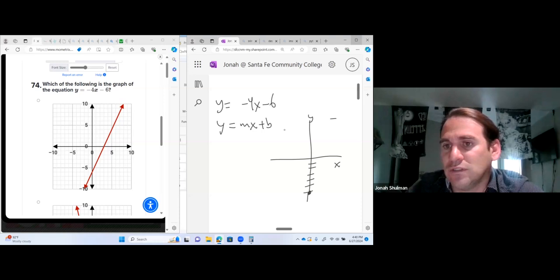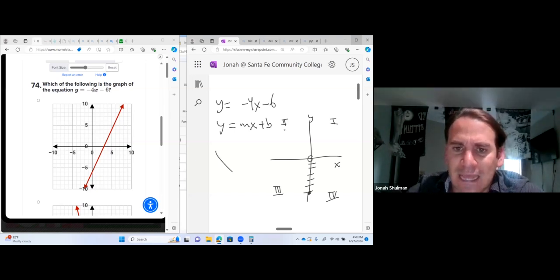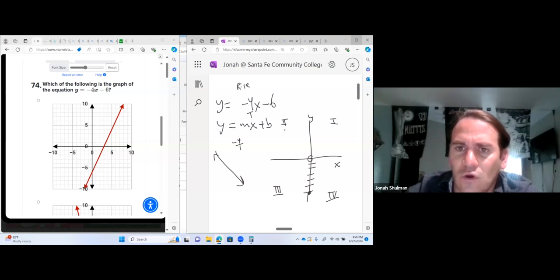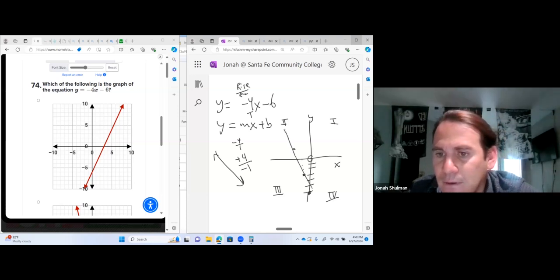Other things you can teach your students is that we have the Roman numerals that go counterclockwise. We do this because there's so many numbers on there that we get confused. So that's why they use the Roman numerals here. Here's our origin. So we're starting at negative 6. And now our slope is negative 4. It goes down, but I ran out of room. So instead of going negative 4 over 1, because I want to make this a fraction for my rise over run, I'm going to do positive 4, negative 1. So I'm going to go up 1, 2, 3, 4, over. Up 1, 2, 3, 4, over. So here's my line. Ta-da.